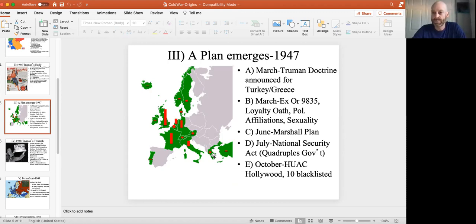And so within Greece, the monarchy had totally disgraced itself because they surrendered and they collaborated with the Nazis, and the guerrilla fighters in the hills had fought the Nazis every day of the war. And so there's a sort of civil war that's broken out there, and the US is very concerned.